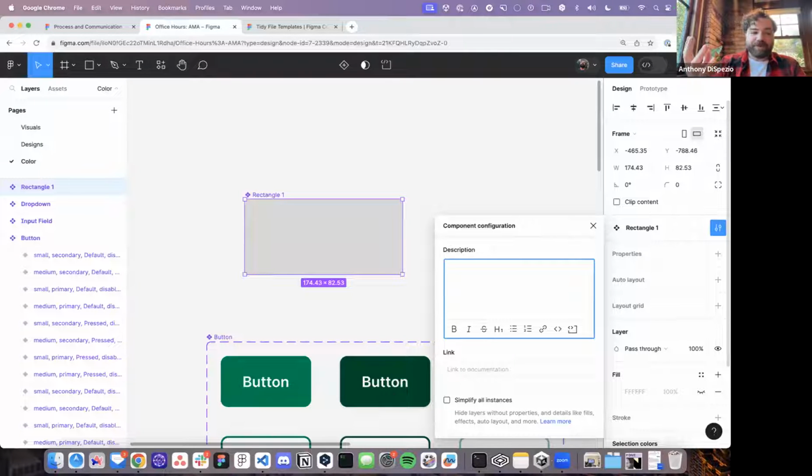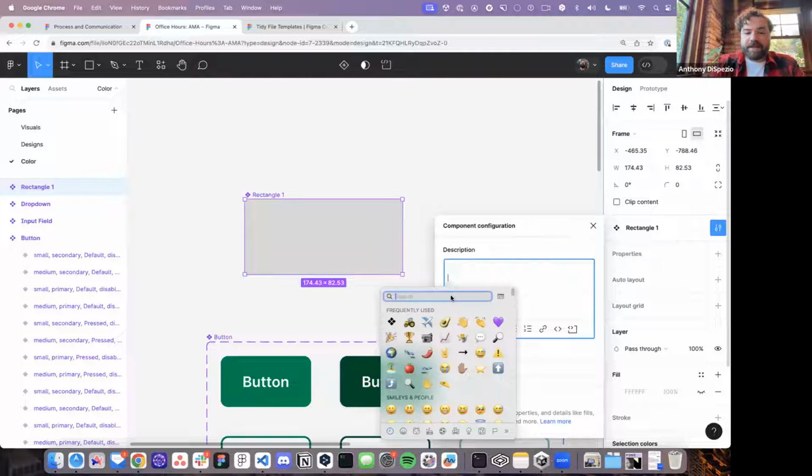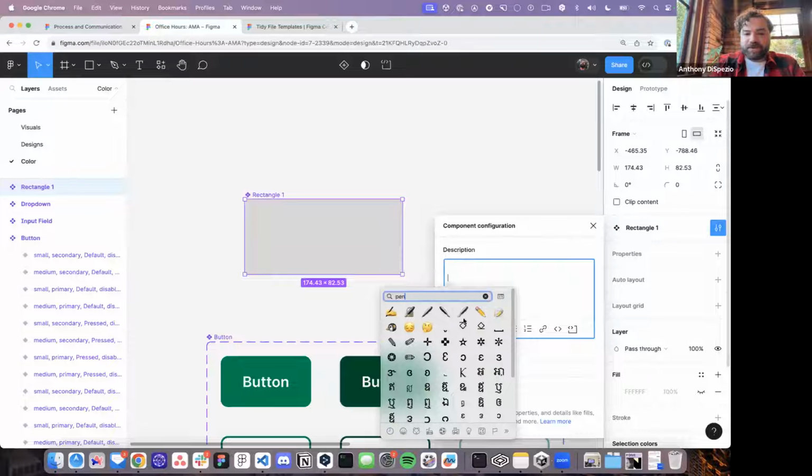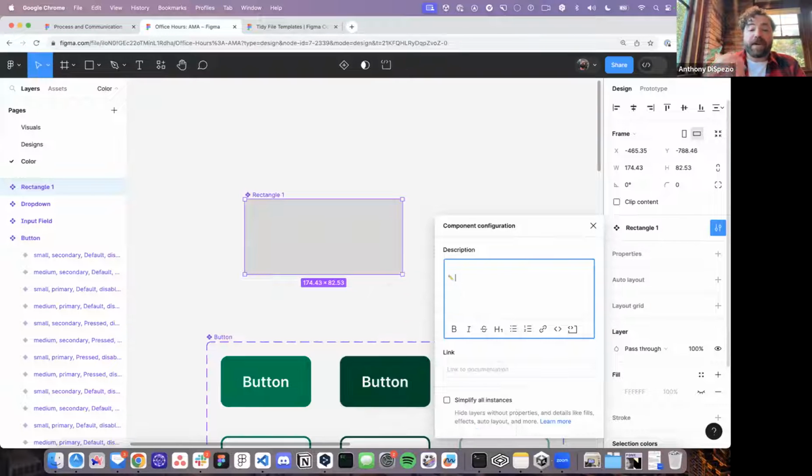Emojis are really powerful when you think about it. You can share a lot of information in a very small amount of space. And so things like targeting different audiences that way can also be valuable. So if I wanted to come in and say, oh yeah, I'm going to use a pencil tool for, I want to talk to my writers now. So I'm going to talk to my content teams about